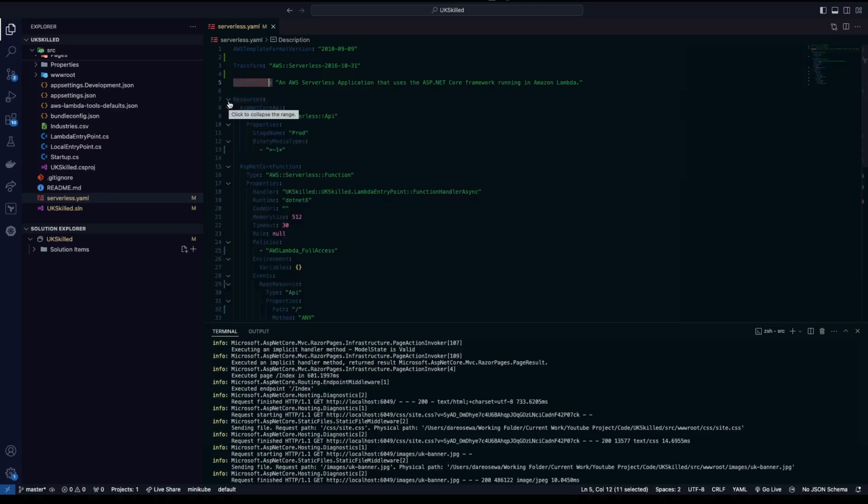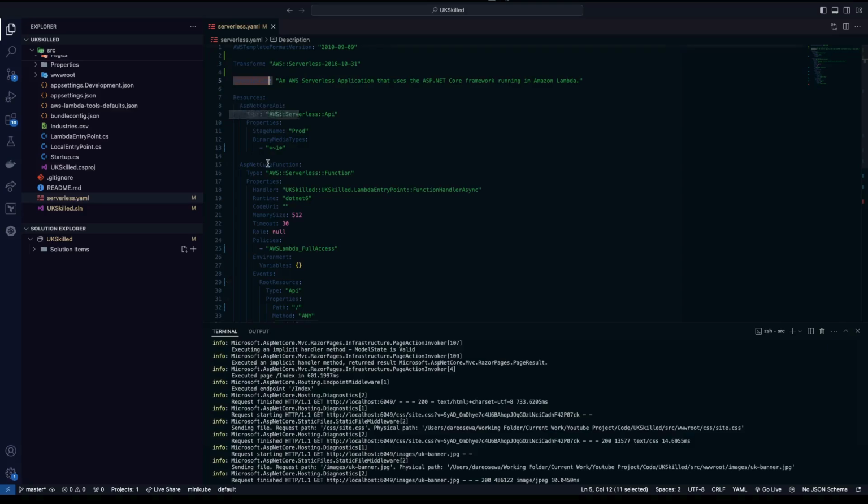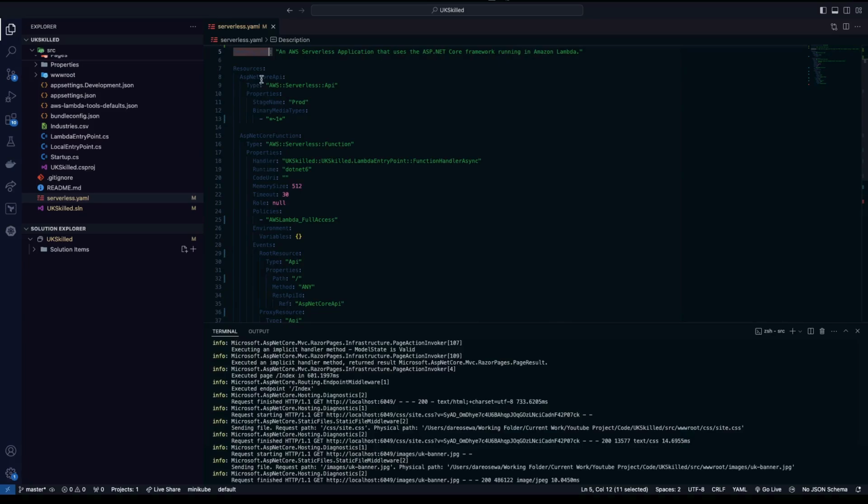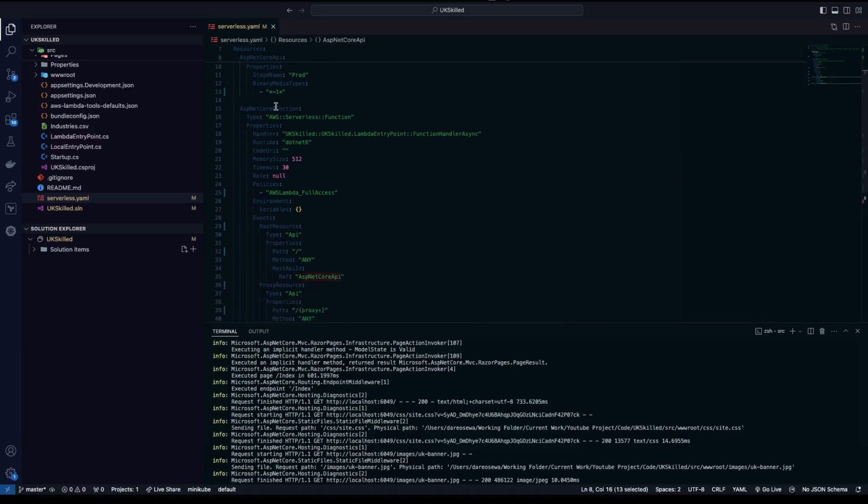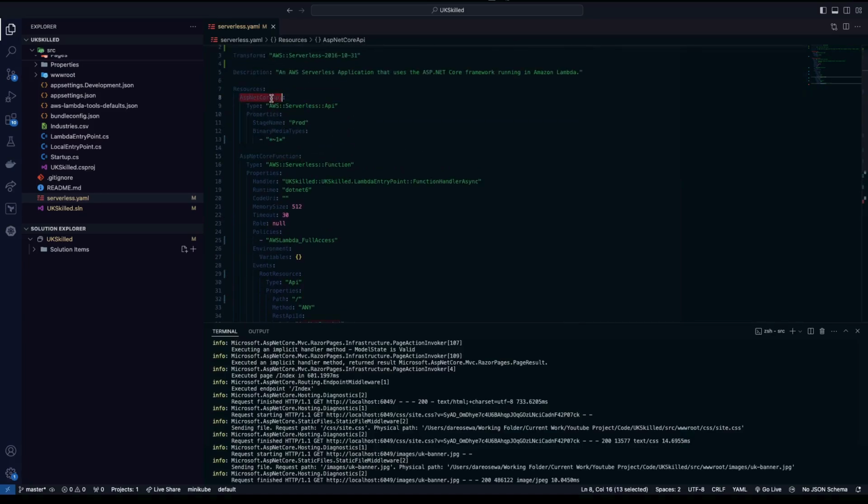I've got a resources section, which is the main section of this CloudFormation template. In this resources section, I have declared, or I'm creating, 2 resources. The first one is the API, and the second one is the function. The API sits in front of the function and enables the request to be proxied to the function. And so let's have a look at the